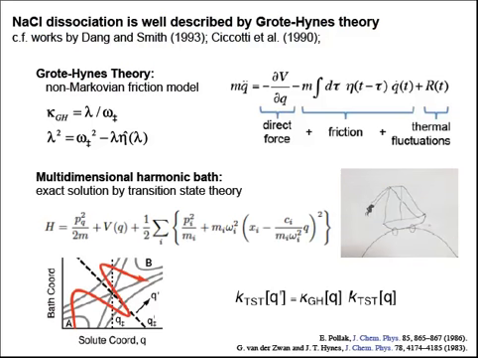Now, what's fascinating is that Pollak and also Hynes himself showed back in the 1980s that you can always take this generalized Langevin equation and represent it with the same potential of mean force and the same coordinate, but now coupled to an auxiliary bath of harmonic oscillators. If you choose the auxiliary bath to have the right coupling constants and the right frequencies, then you can always make the dynamics along Q in this multidimensional model the same as the dynamics of the generalized Langevin equation.